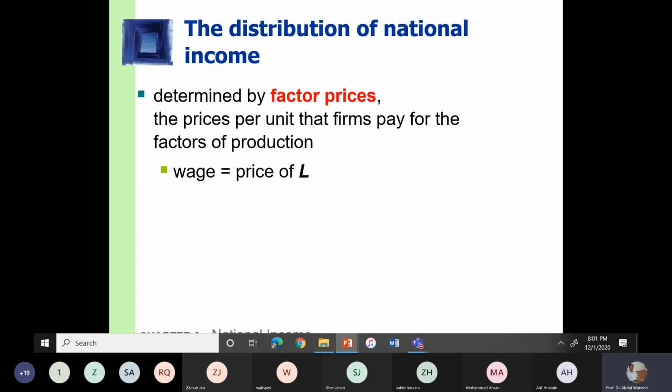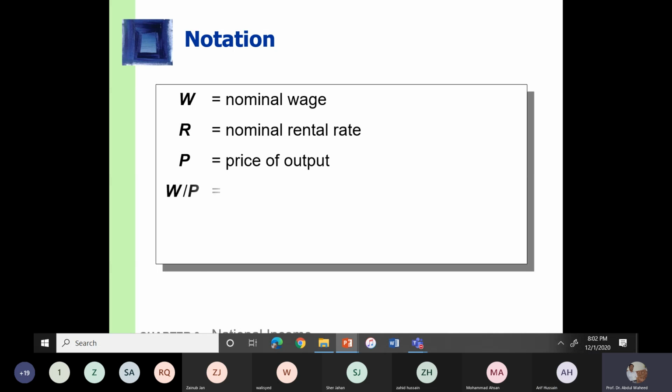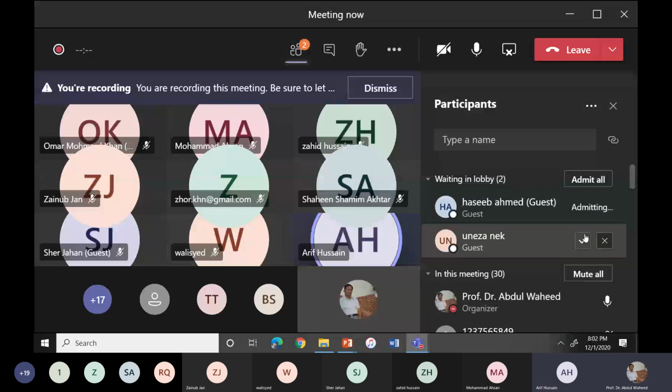So wage is the price of labor. Okay, if you work, you will get wages. Okay, and rental rate is the price of capital. Okay, so capital owners, they will get rental rate, which is the price of capital. So we have price of labor, wage, we have price of capital, rental rate. Okay, then we will use these notations. W is the nominal wage. Okay, and if we divide this by price, then we will get real wage. Okay, this is the real wage. Okay, nominal wage divided by price is the real wage, and this is measured in units of output. Okay,